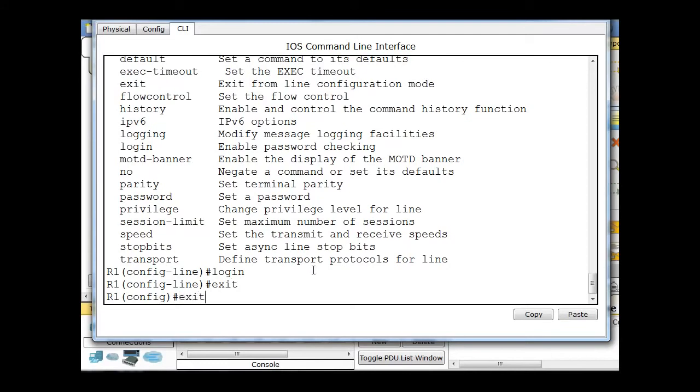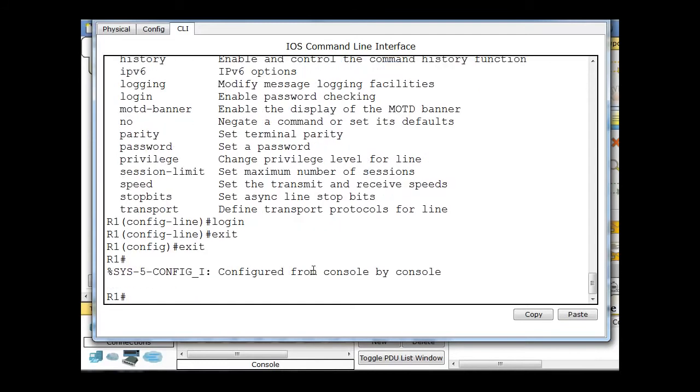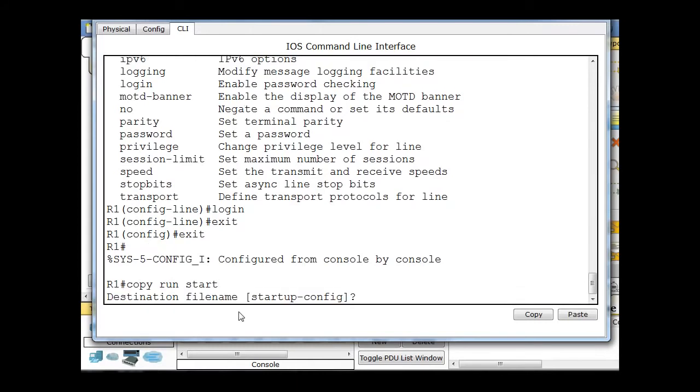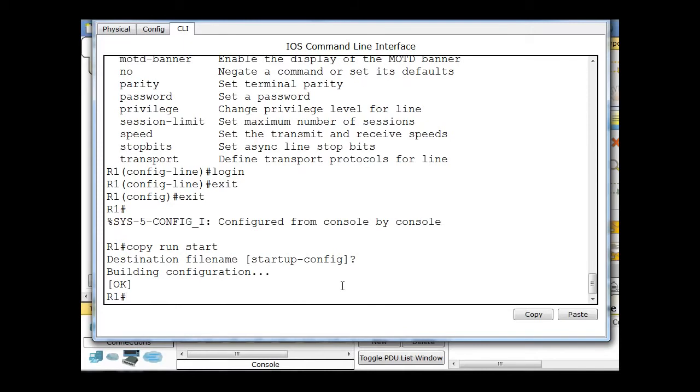I'll type exit again, which takes me to privileged exec mode, and then I will type in copy, and instead of typing in running config space startup config to copy my configuration and save it to the startup configuration file, what I'm going to do is I'm going to do shorthand. I'll say copy run start, and this shorthand will work for copy running config. It's shorthand for running config startup config. Hit enter again to save it to that name, and now if I reload the router,